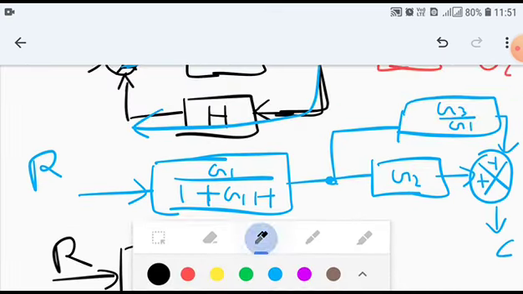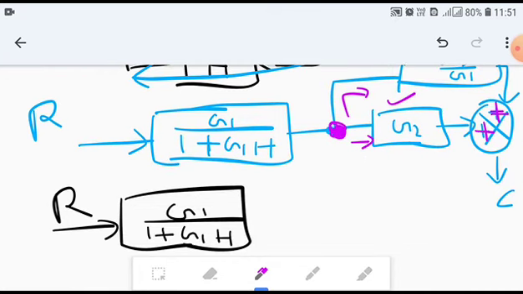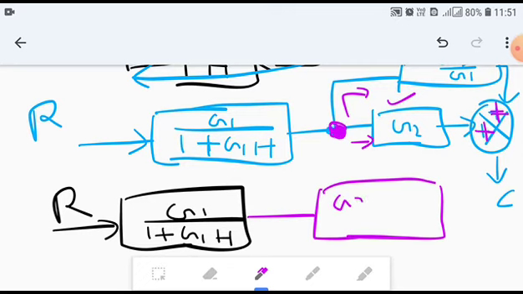Now if you observe here, this G3 by G1 and G2 are in parallel connection, they are in forward path, because both the inputs for G2 and G3 by G1 are same. These two are in forward path, that is rule number 2, where we are going to add G3 by G1 and G2. Both are plus here, here it is plus and here also plus. So we write it as G3 by G1 plus G2. So after combining these two blocks, we get G3 by G1 plus G2.